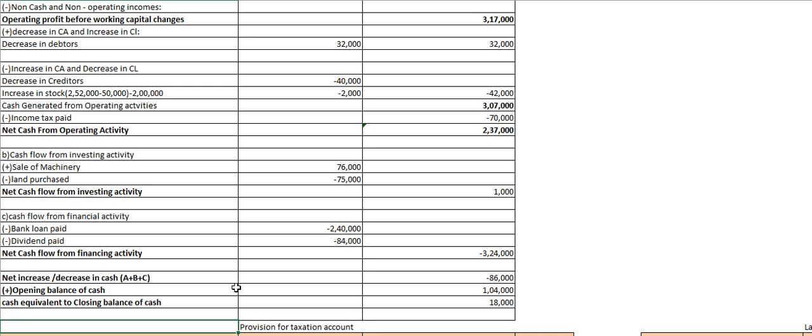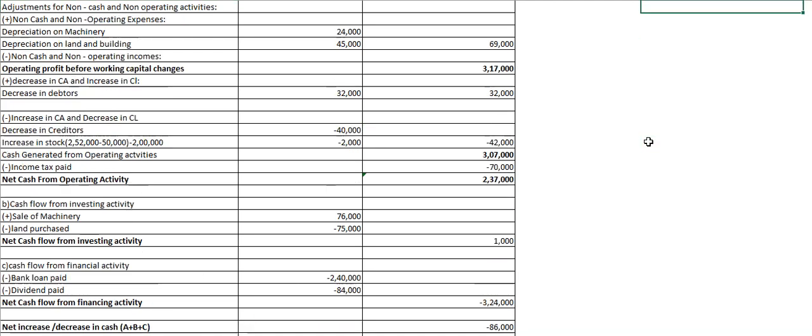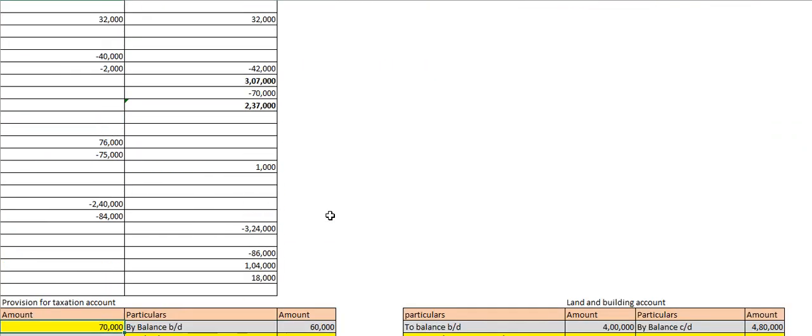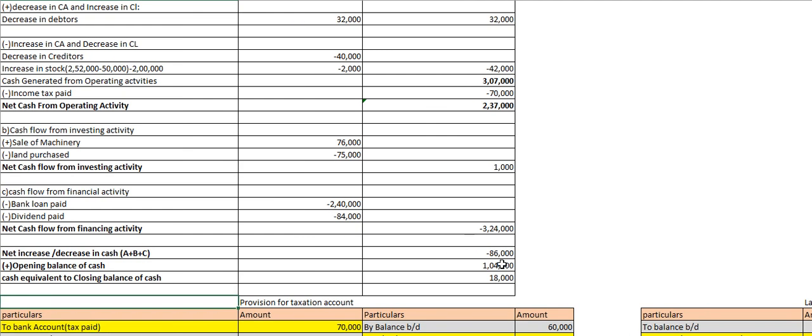Now you are supposed to calculate your net increase or decrease in cash. So total up 2,37,000, 1,000 minus 3,24,000, which are operating activity, investing activity, and financing activity. You will get minus 86,000, which is a negative figure. You will add your opening balance of cash. What is our opening balance of cash? It is 1,04,000 and the closing balance is 18,000. So when you add it, 1,04,000 minus 86,000, you should get 18,000, which is the closing balance